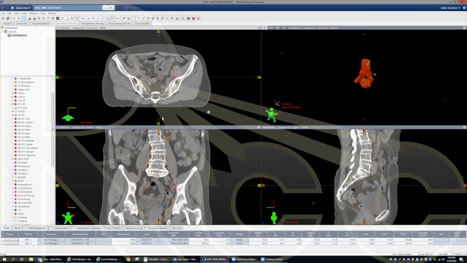So there are a couple rules of thumb. With organs at risk or smaller organs at risk, something like a rectum, you can have a dose fall off of about 10% per millimeter. So I would look at the 50% isodose line should be about 5 or 6 millimeters away at its closest point. Or if you're looking at dose fall off around a structure, you're looking more at about 5% per millimeter. So if we want to know this margin that we want to apply,